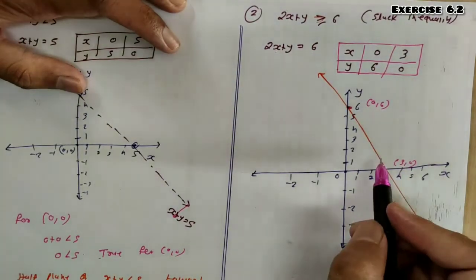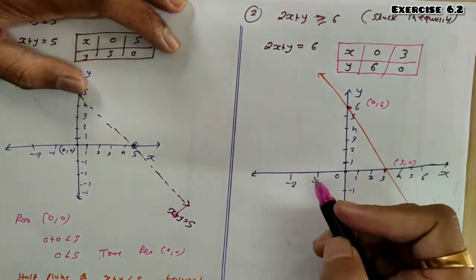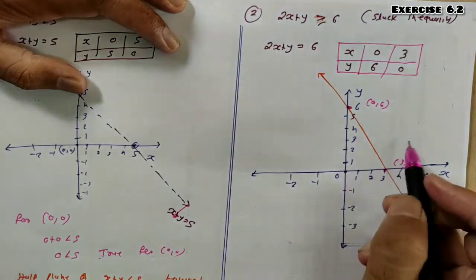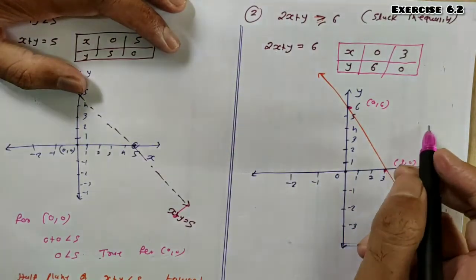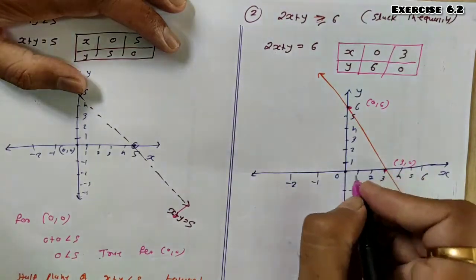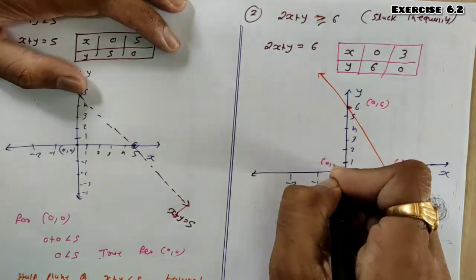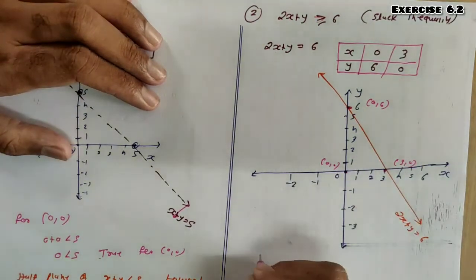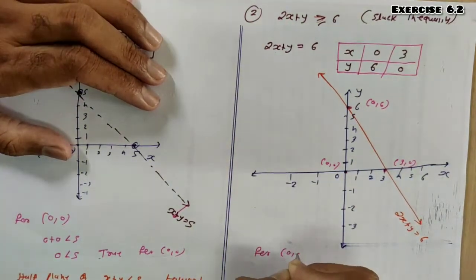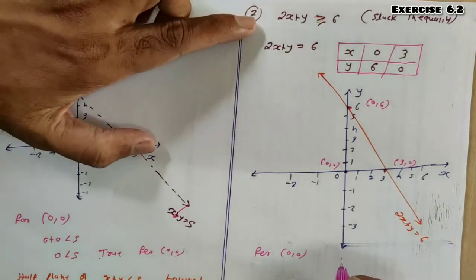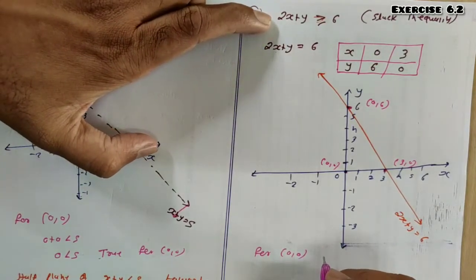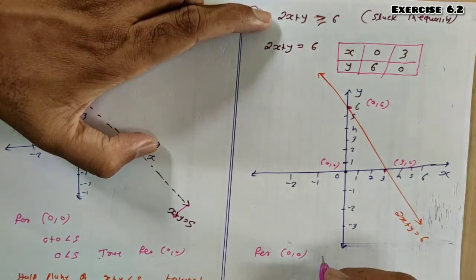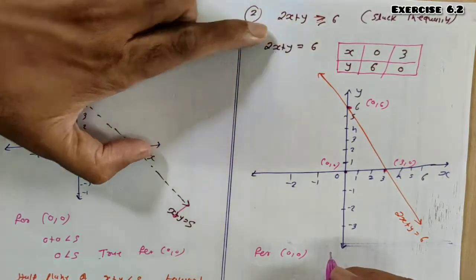Done. So this line divides our given plane into an upper part and a lower part. Upper half plane, this is the lower half plane. Now we'll check for this origin (0, 0), whether (0, 0) is in the solution of this part or this part. So now for (0, 0), we will check the solution. The given inequality is 2x plus y greater than or equal to 6.